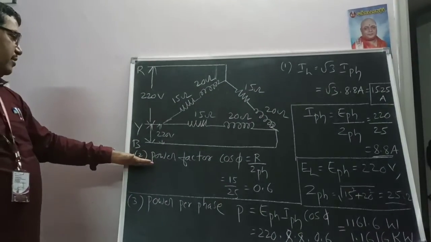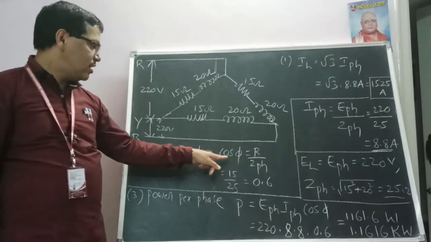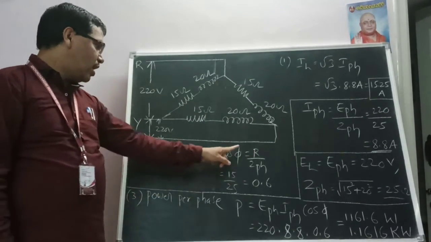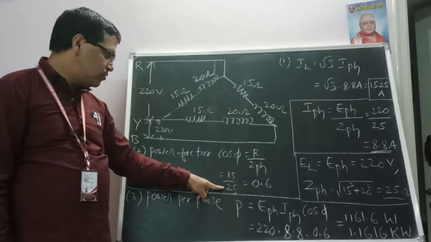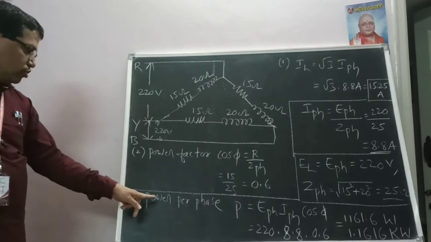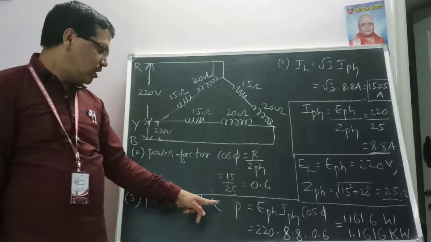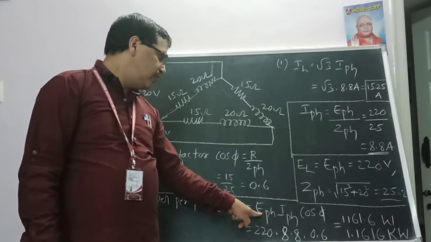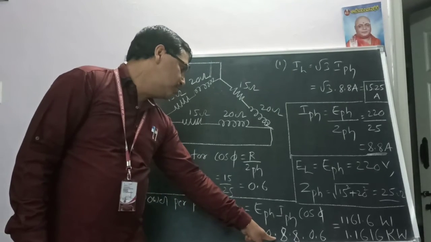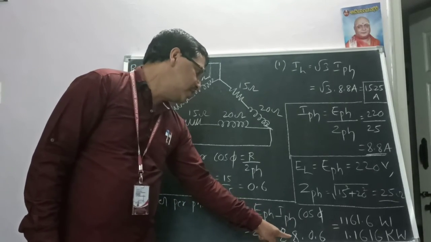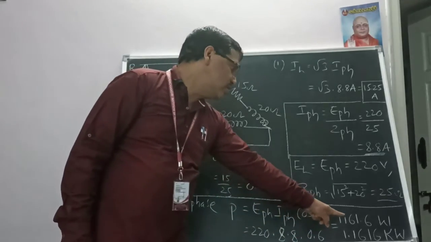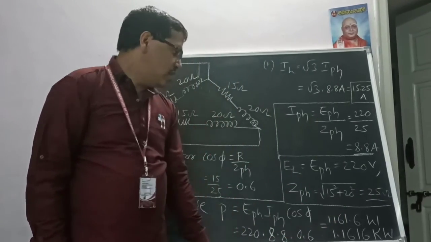Then come to the second, power factor. As usual, power factor cos phi is equal to R divided by Z phase. R value is 15, Z phase as usual 25. Answer is 0.6. Next, the third concept, power per phase. We already know the relation P is equal to E phase, I phase, cos phi. E phase is 220 multiplied by I phase 8.8 multiplied by cos phi 0.6. Answer is 1161.6 watts,